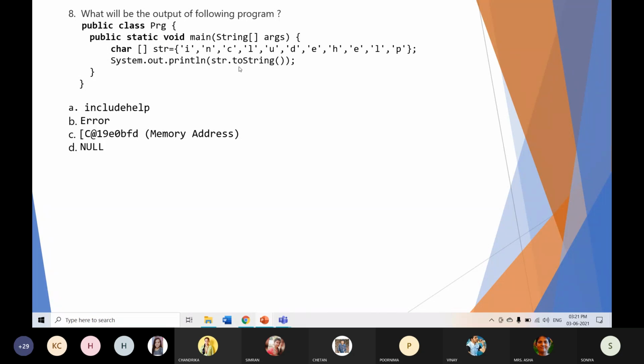System dot out dot println str dot toString function. And the options are: option A, includehelp; option B, error; option C, the memory address of this; and option D is null.